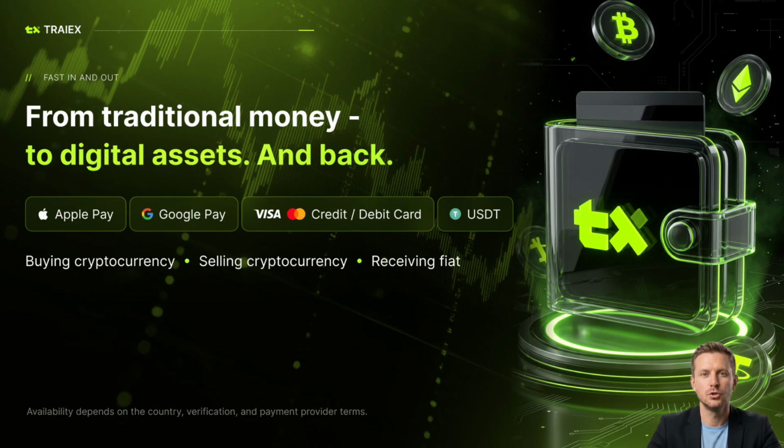The first obstacle a new user faces is not trading itself, but simply getting into crypto. Where to buy, how to transfer, how to fund the exchange, which network to use, how to get the money back afterwards. In TRAIEX, this path is built into the platform. The user can buy cryptocurrency with a bank card, Apple Pay, Google Pay, bank transfer, and other supported methods. After selling digital assets, the reverse path is available, receiving fiat. It may look like a basic feature, but in practice, the ease of moving funds in and out often determines whether a person will actually use the product or stop at their very first operation.